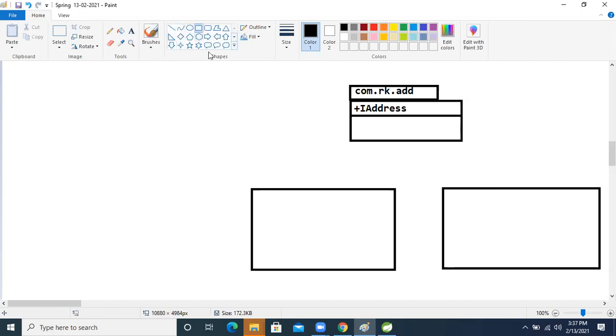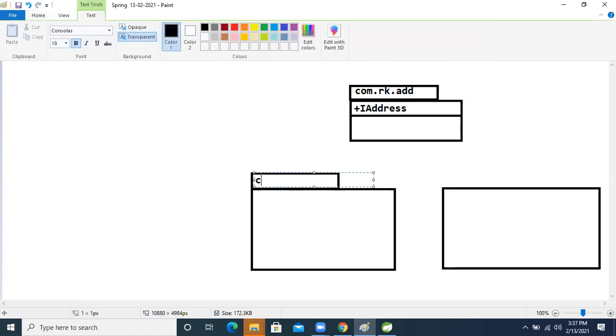So for that, what we will do now? Again, we will take one more package name here. This package name I'm taking as com.rk.address.impl, right?